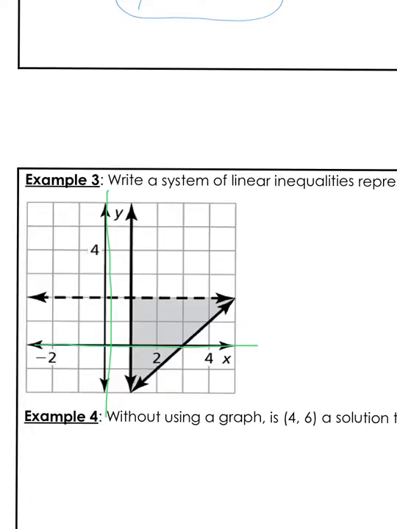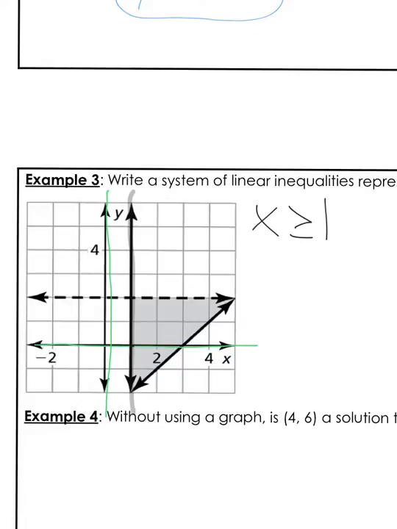So that being said, let's look at this first line here. This first line is going straight up and down. So that's going to be an x equals line. I know it's going to be an x equals line because it passes through the x-axis. So I say x equals 1. But remember, these are all inequalities, so you're not going to have an equal sign. You need to pay attention to which way it's shading, and it's shading to the right of 1. So if you were to go to the right on a number line, you'd be increasing in numbers. So you'd say x is greater than 1, and because it's a solid line, you'd say greater than or equal